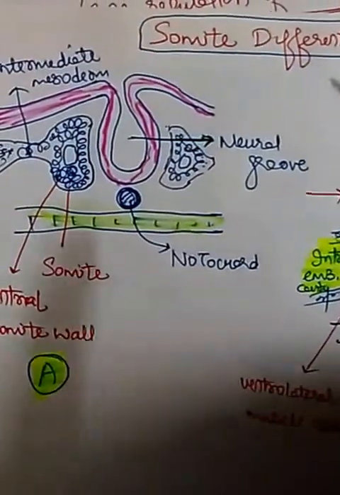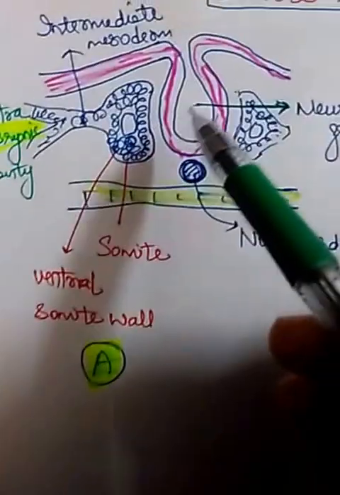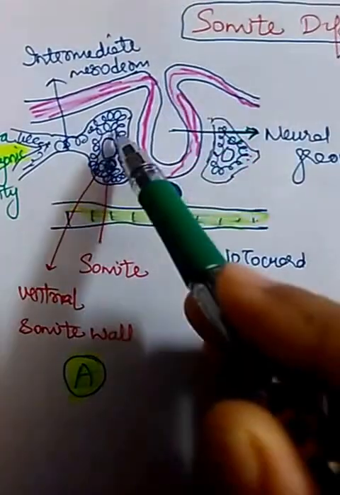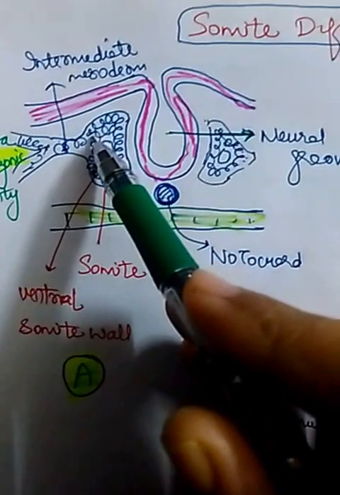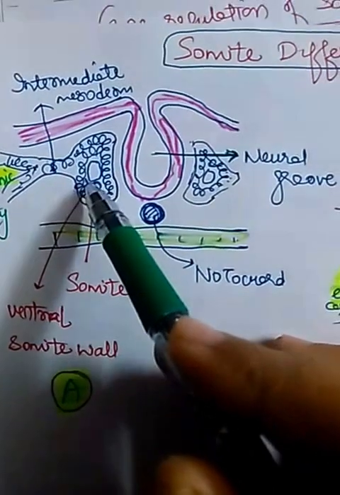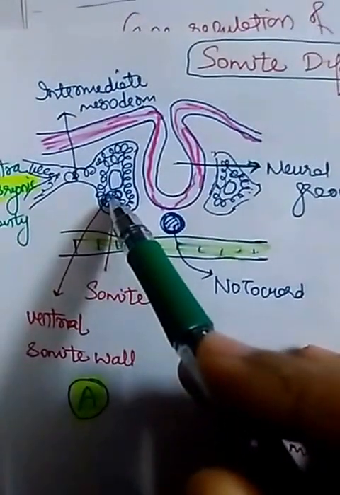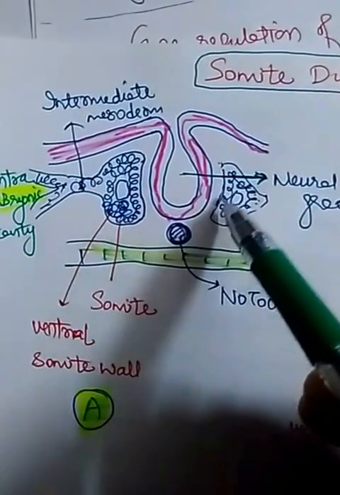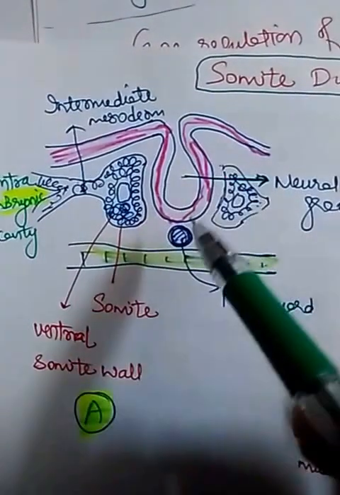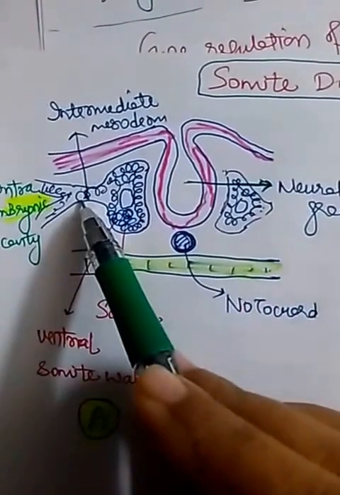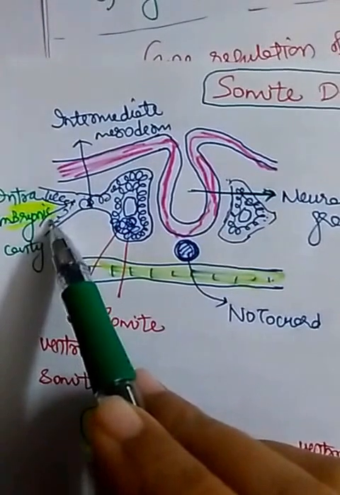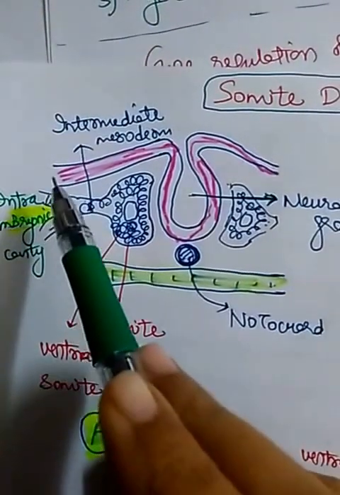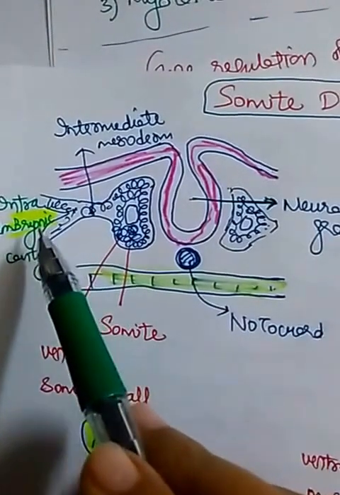Now see here, as you can see, the neural groove is there. Sorry, these are the neural folds. These are the somites. This is a transverse section of a somite. This somite has acquired a donut-like shape and is arranged around the neural tube and notochord. This is intermediate mesoderm, and beyond that is lateral plate mesoderm, divided into splanchnic and parietal layers, separated by the intraembryonic